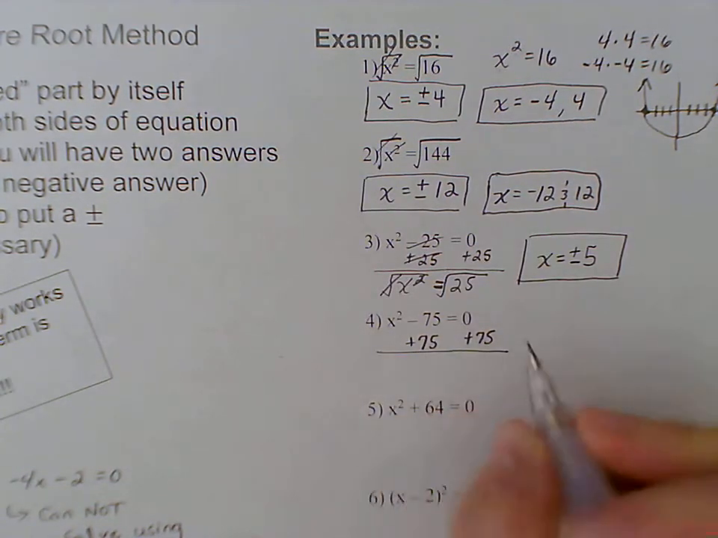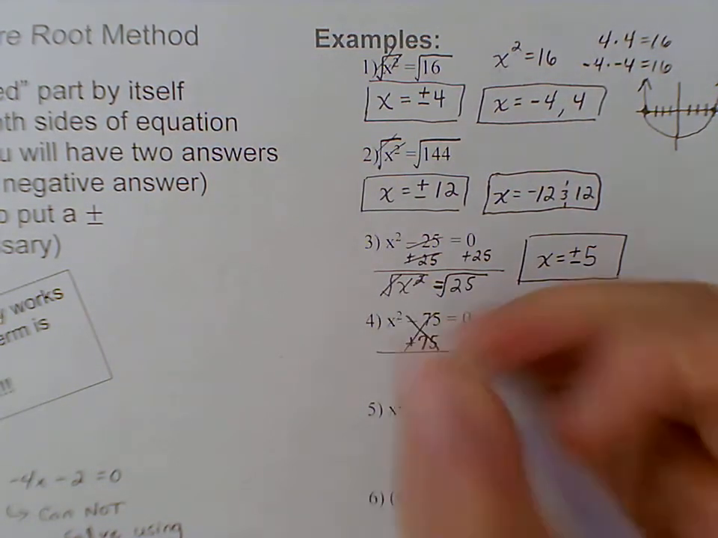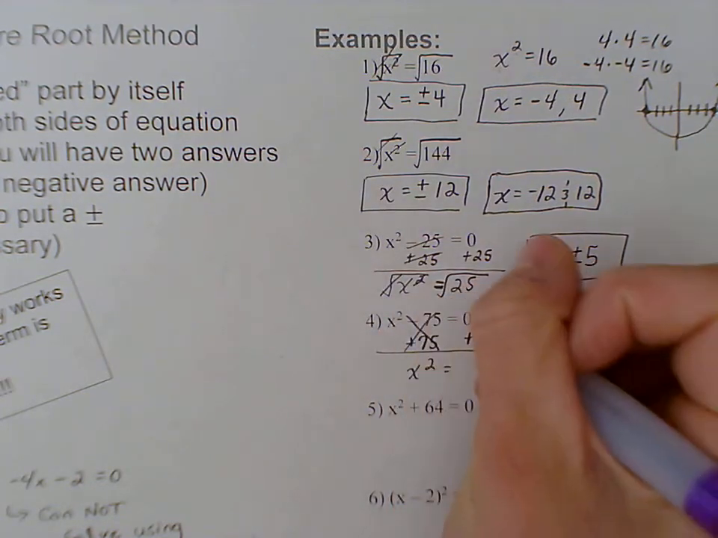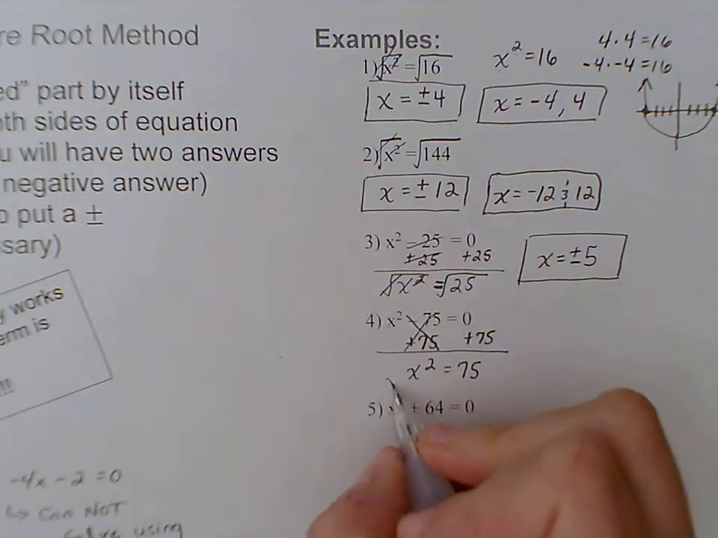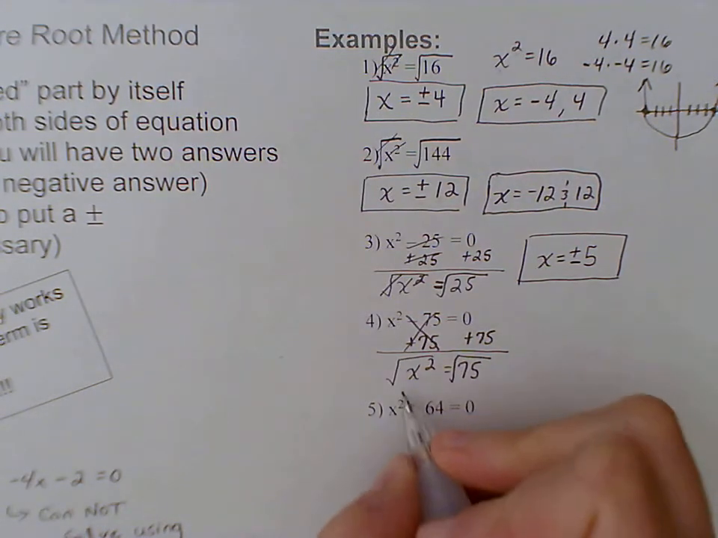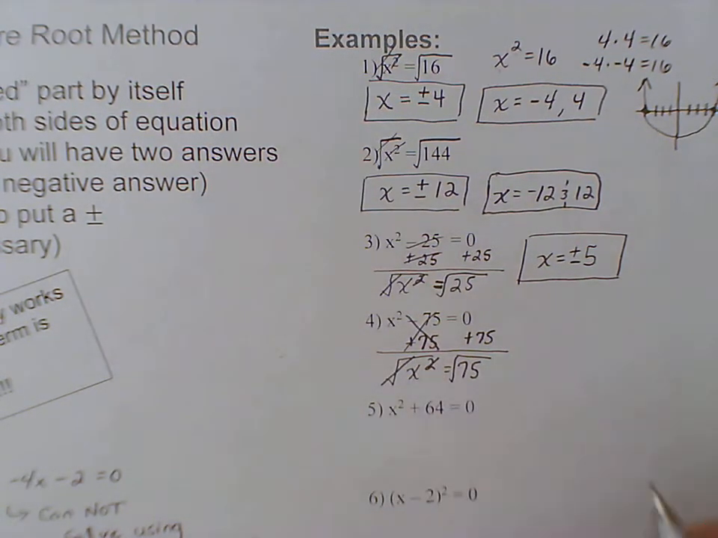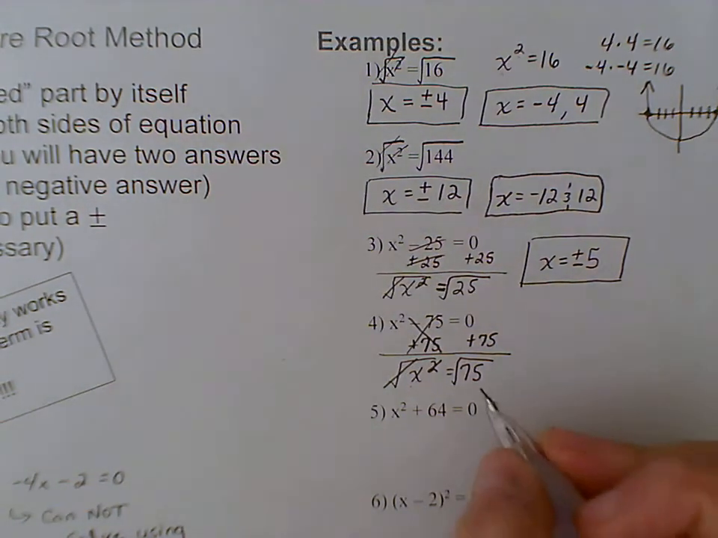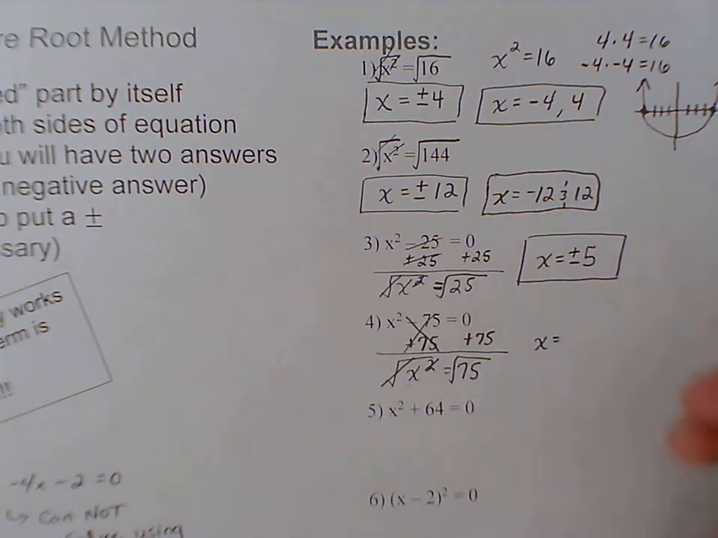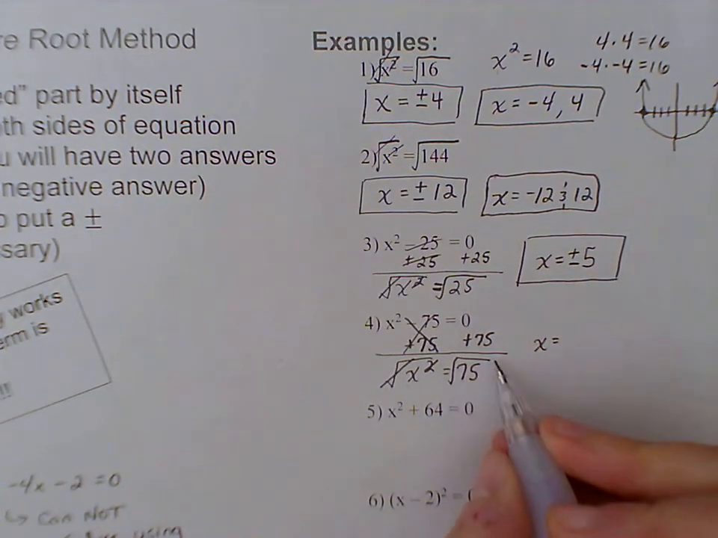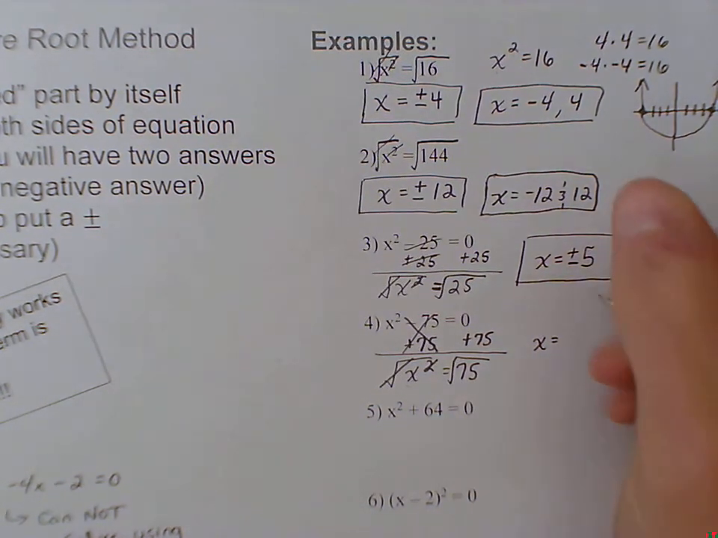Okay, so then those will go away. I'll be left with x squared on this side, and then 0 plus 75 is 75, okay? Then you square root, and so the square root and the square will cancel. And then from there, that's going to be a decimal. It is okay to get decimals. It happens, okay? And so you square root 75, and you end up getting